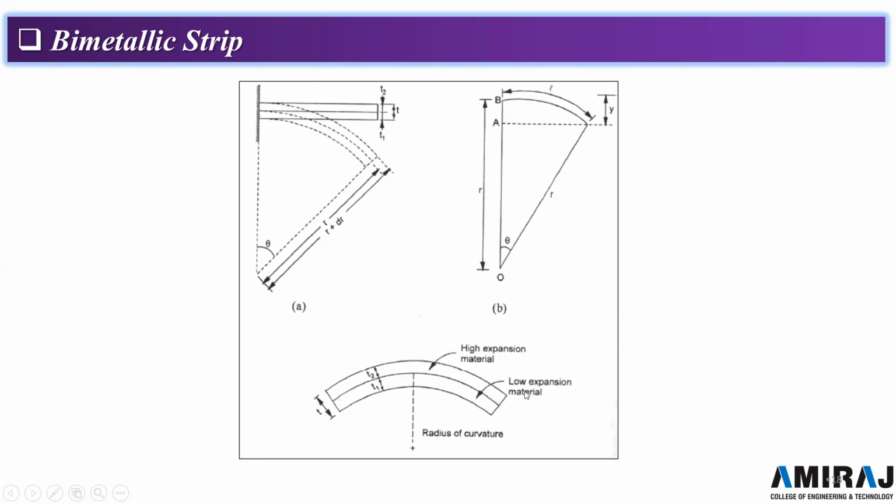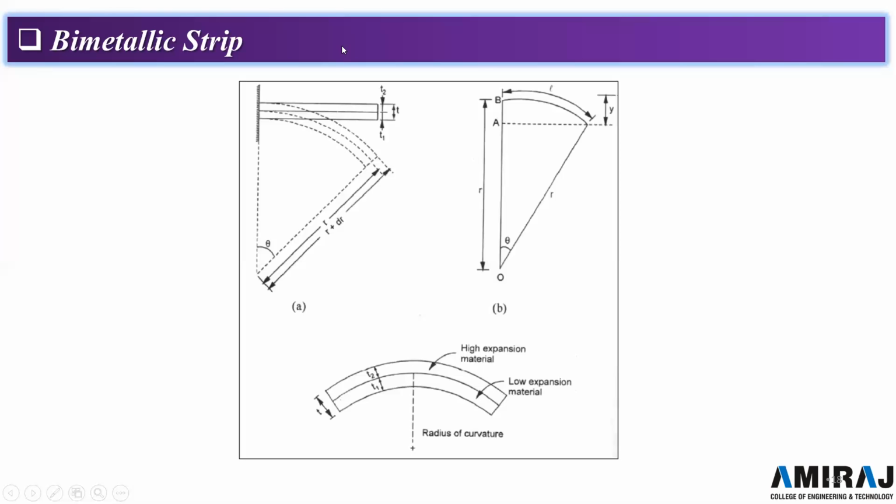Now, how will it be possible? There will be two different materials used. One will be a low expansion material and another a high expansion material. यानी कि एक मटेरियल ऐसा होगा कि जो ज़्यादा एक्सपांड करेगा और दूसरा कम एक्सपांड करेगा। अभी जैसे ही यहाँ पे टेम्परेचर अप्लाई किया जाएगा तो क्या होगा कि ये जो मटेरियल है, सपोज ये स्टील है, तो ये कम एक्सपांड करेगा, और यहाँ पे सपोज दूसरा कोई मटेरियल है जो ज़्यादा एक्सपांड कर रहा है, तो वो ज़्यादा एक्सपांड करेगा। उसकी वजह से क्या होगा कि हमको कर्वेचर मिलेगा, और उस रेडियस ऑफ कर्वेचर से हम पता लगा सकते